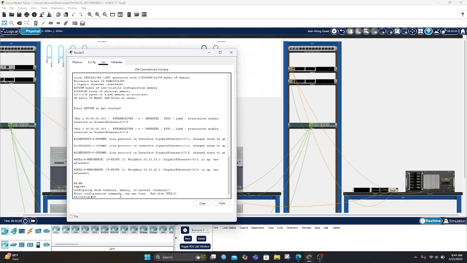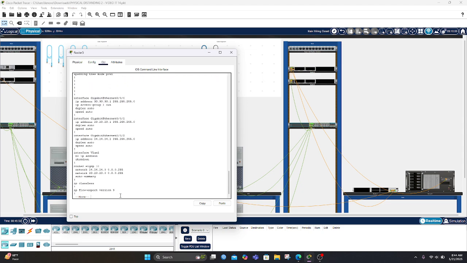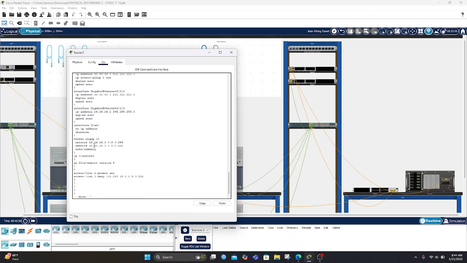Show run first. The configuration of the access list is IP access group 1 out, in interface GigabitEthernet 0/0/0.